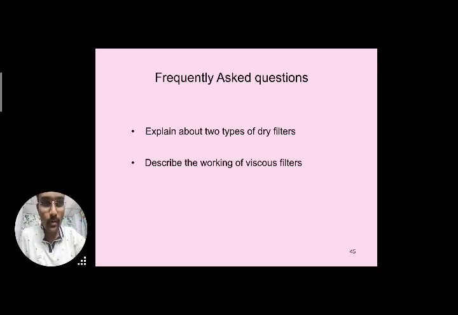Hope you can answer these questions. We have seen the importance of the viscous and dry filters, so you can easily answer. You have to list them out first. What we have seen is that one is made with inexpensive material. Just like a vibrator is provided, and the other is a dry air filter, and they are made with inexpensive material.